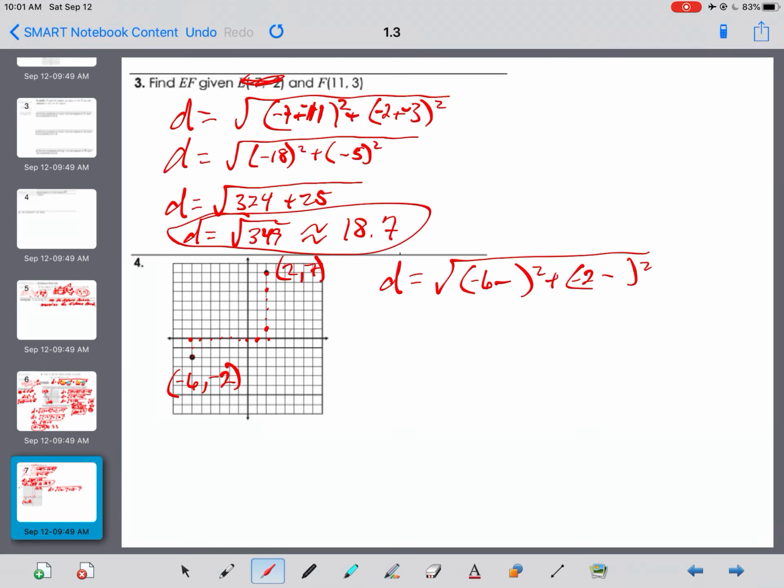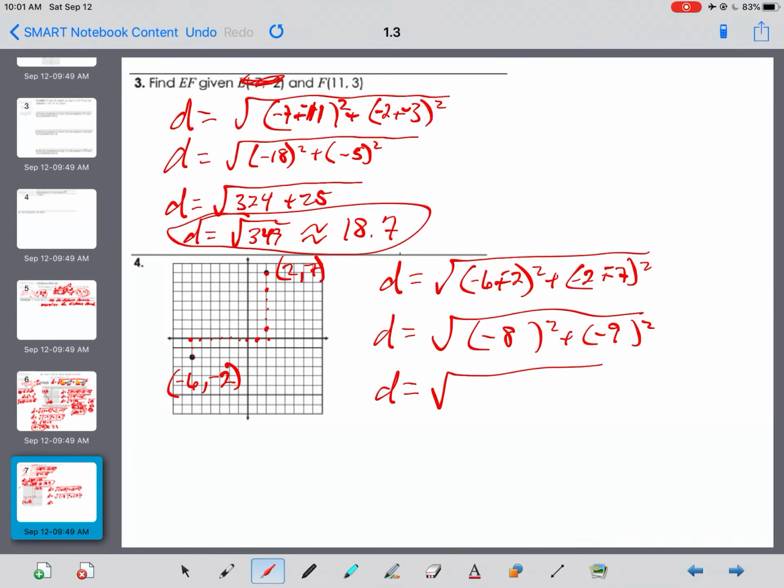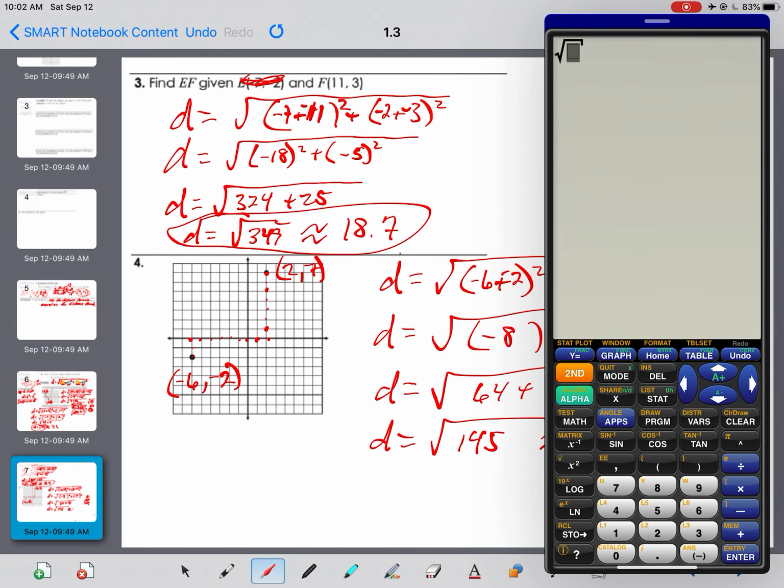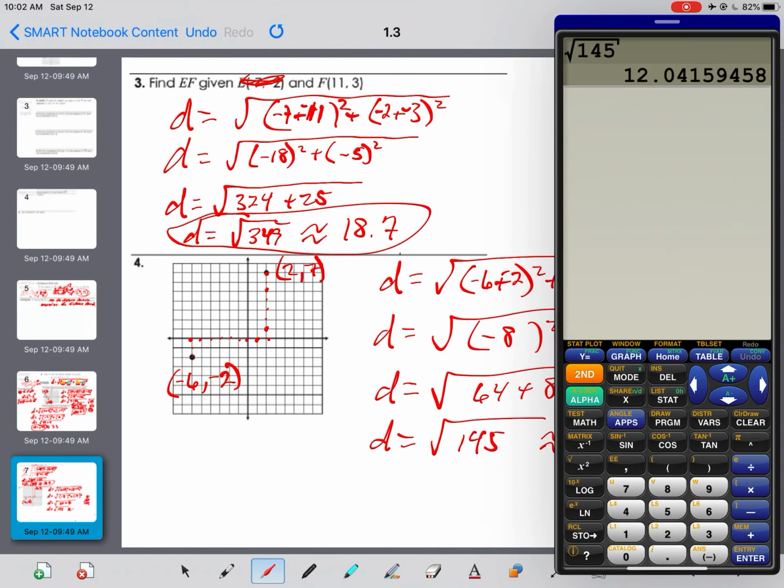All right, one coordinate, -6, -2. Next coordinate, 2, 7. D equals the square root of parentheses squared plus parentheses squared. -6 minus 2 gets more negative, -8. -2 minus 7 gets more negative, -9. D equals the square root of 64 plus 81. D equals the square root of, is that 145, right? 81, 64, 5, 8, and 14. Yep, 145. And so that is approximately, let's see, square root of 145,